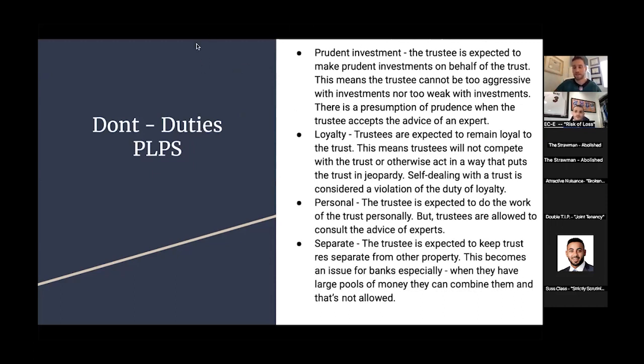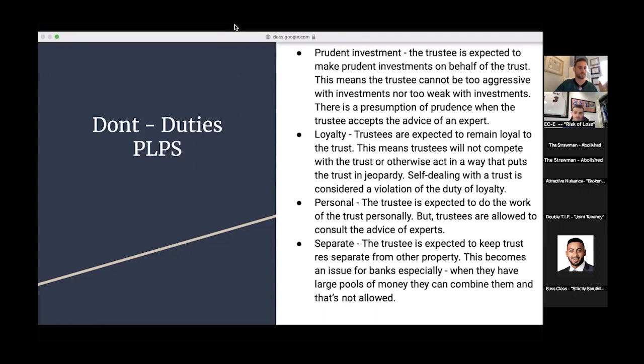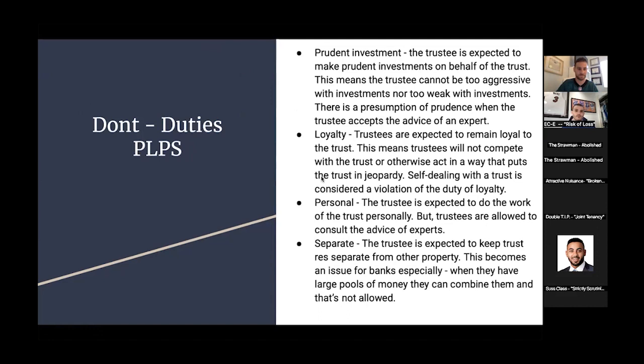They always violate their duties in the essay. Always. And this is what Andrew and I talk about. Every essay is going to be the only things they can test about, right? So they almost always violate these things. The acronym for duties is FLIPS, which I think is a fun sound to make with your mouth, FLIPS. And I had to physically stop myself from making that noise on exam day. So: prudent investment, loyalty, personal, and separate.